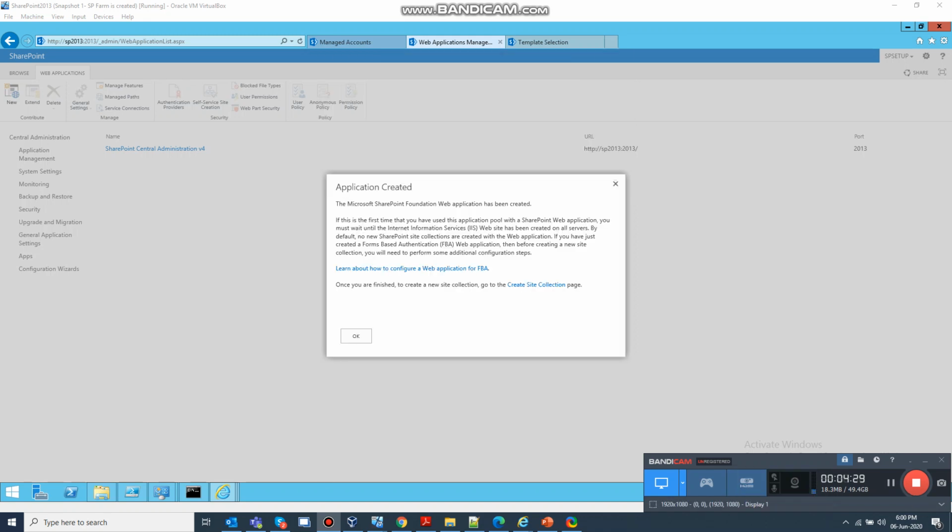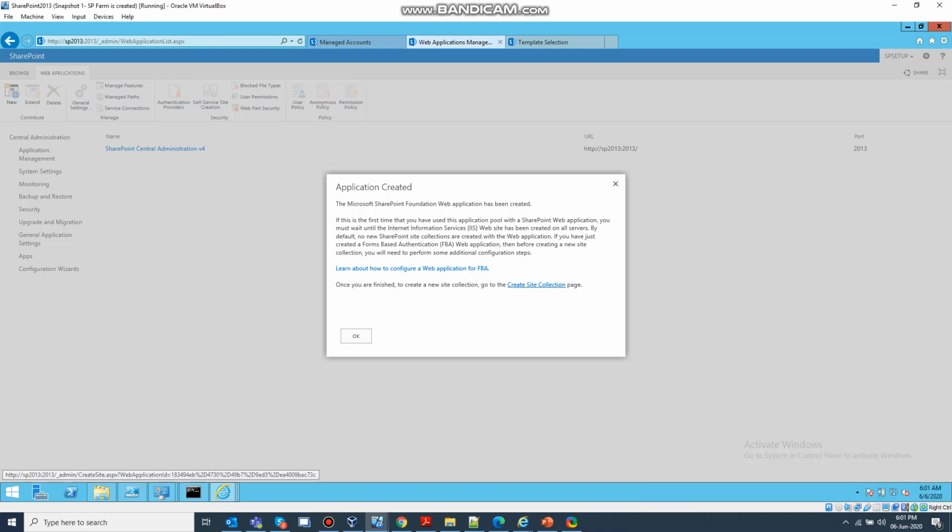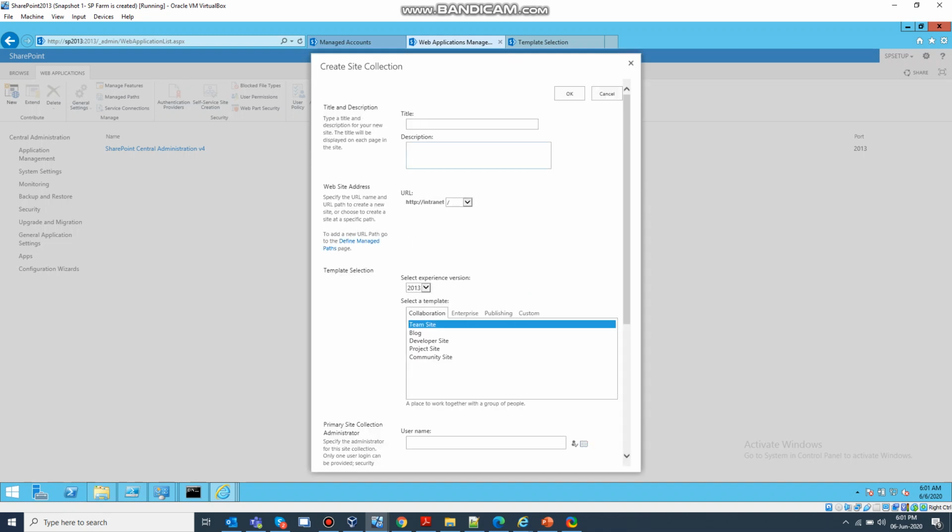Now our web application is created and it's saying click on create site collection. So clicking on this, we are giving it the title intranet website. It will be the root site collection.